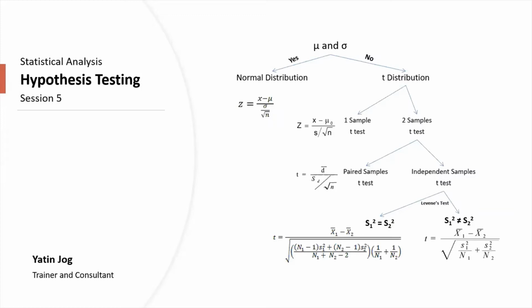Now, in analysis, we also have to deal with more than two samples. In some cases, we may have 3 samples, 4 samples, 5 samples, 6 samples, even 7 and 8 samples. In those cases, we cannot go for normal distribution or t-distribution. For that, we need F distribution. If we have more than 2 samples, we have to use F distribution. And then for analysis with F distribution, we use analysis of variance, which is called ANOVA. So that is how we have to use the appropriate method for the appropriate situation.